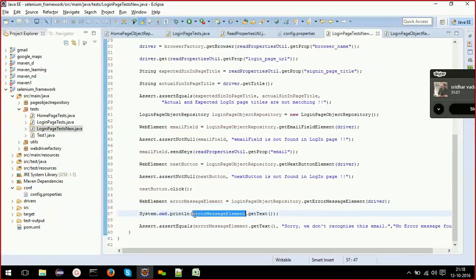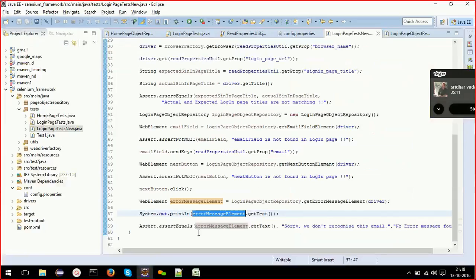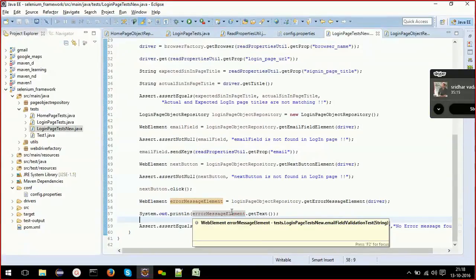For now I am printing this error message element dot get text, which actually gives this value. Get text gives the text of your web element. This is the text, right? I am printing that in the console for now.